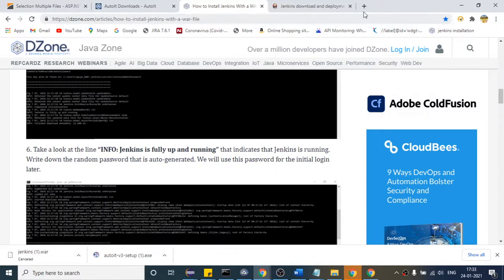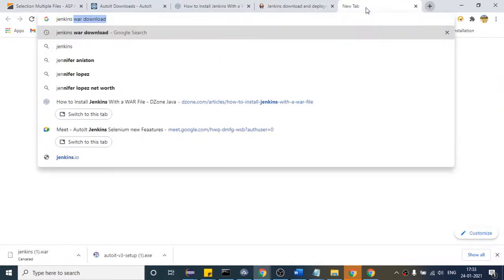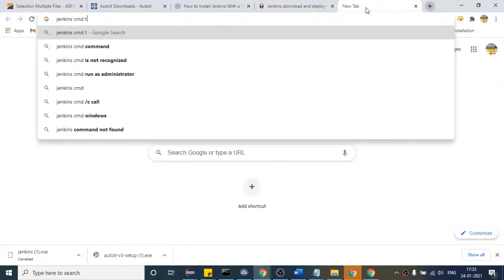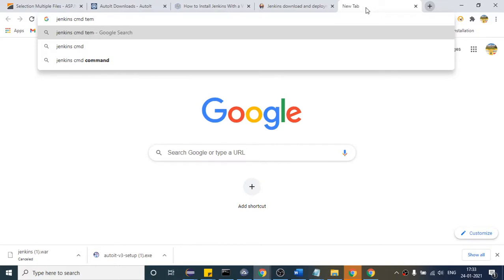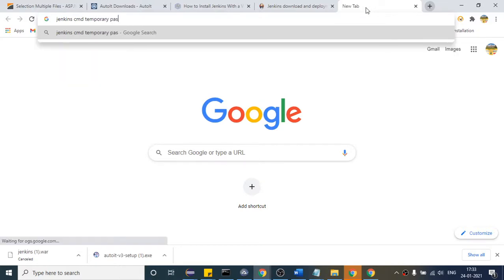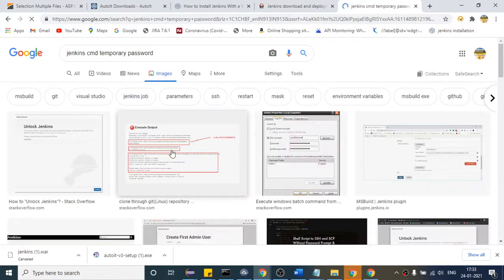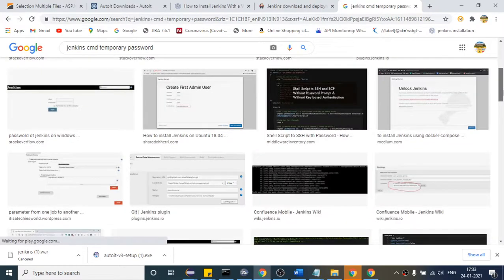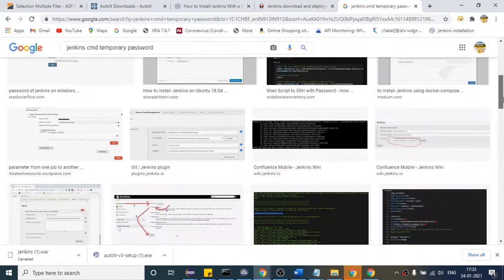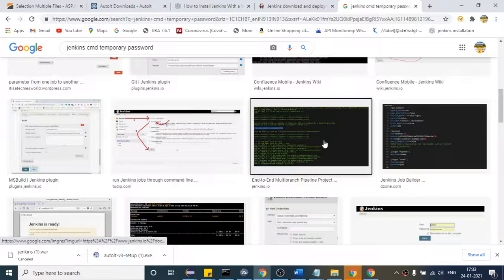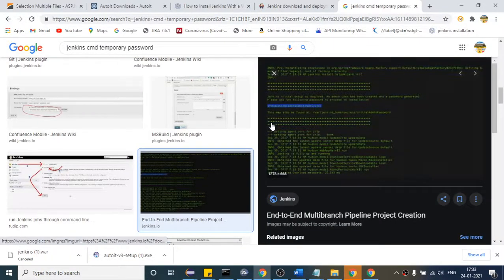Let me show you here, Jenkins cmd. If you see in some images, like if I open this, as you can see in the blue line, some password will be generated for you.